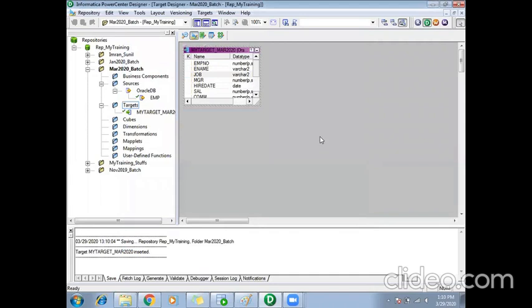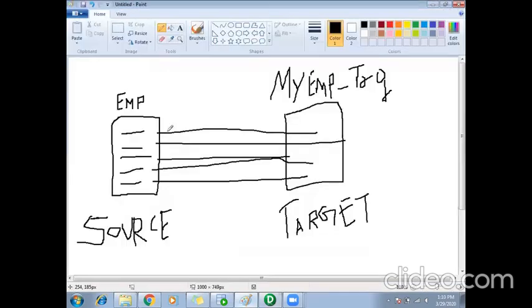Okay, now, this is the first step. Whenever there is a requirement, the first step you will be doing is creating your source and a target. Now, this source and target, I have to use in my Informatica so that I can extract the data from the source and load it to my target. This is my code. This is my business logic. My business logic here says you have to extract the data from the source and load it to the target.